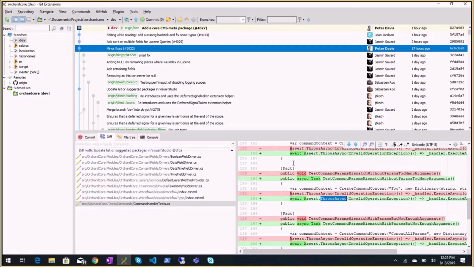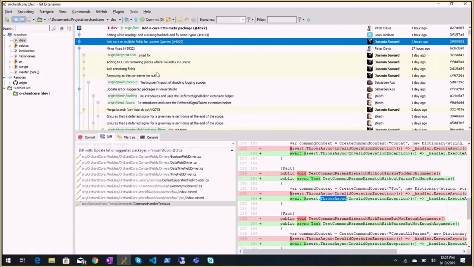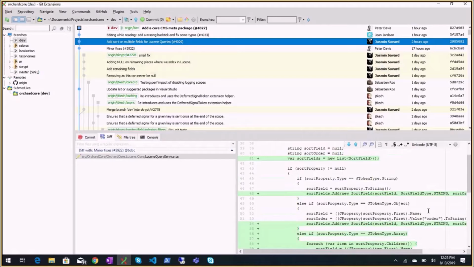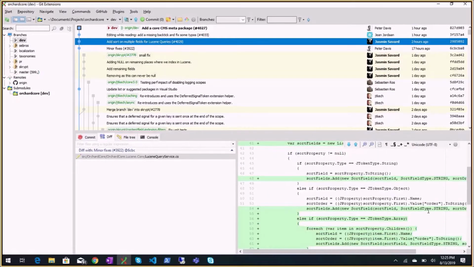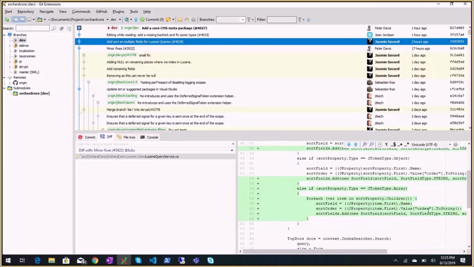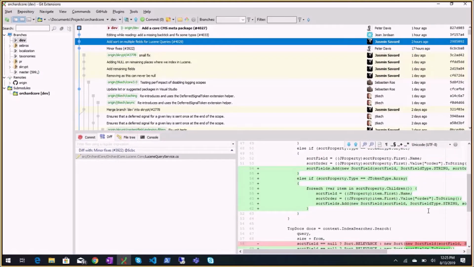That's even better. Add sort on multiple fields for Lucene Queries. Jasmin fixed. Well, improved Elasticsearch DSL to support multiple fields for sorting. Good job. And now that you completely understand how the Elasticsearch DSL works, there are many other things you can do. Correct? I hope yes, you agree with me. Yeah.